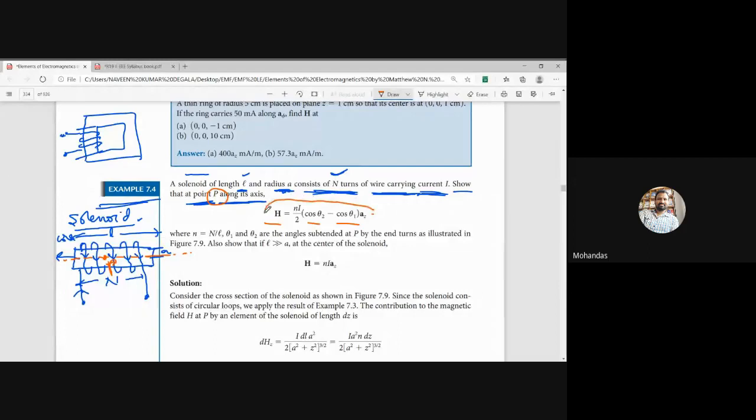This is the answer, which we are going to derive for this solenoid. What is the small n here? Number of turns per unit length. Capital N is the total number of turns, 1, 2, 3, 4, like that. Small n is equal to